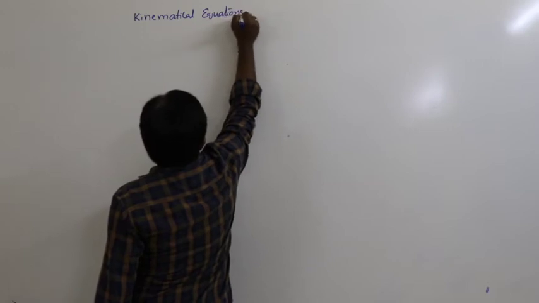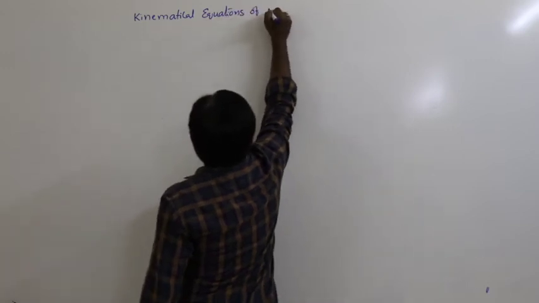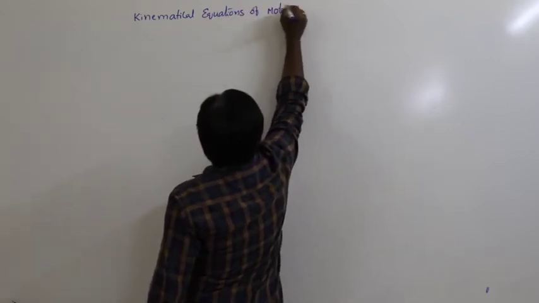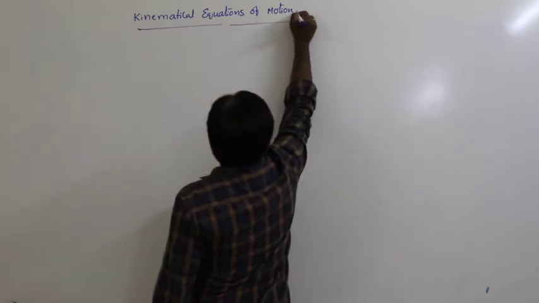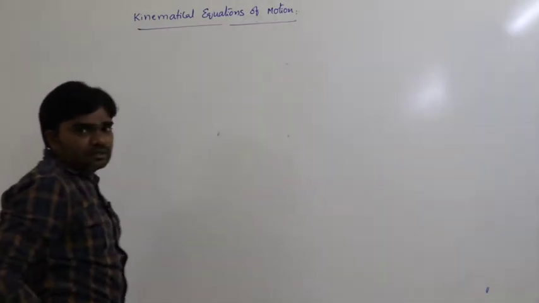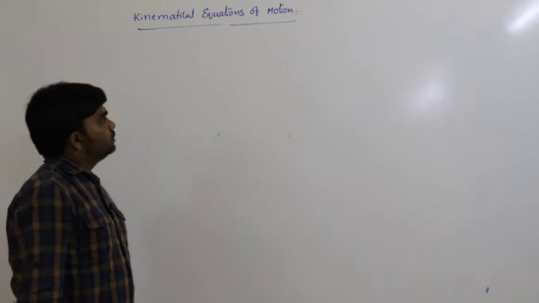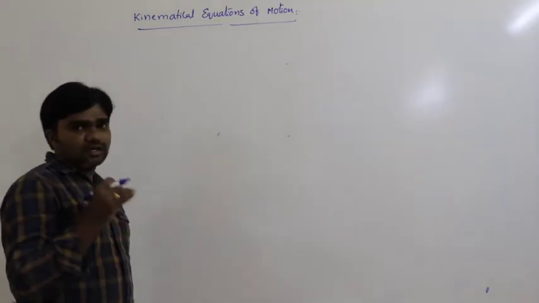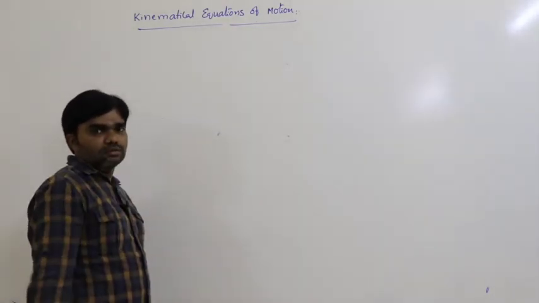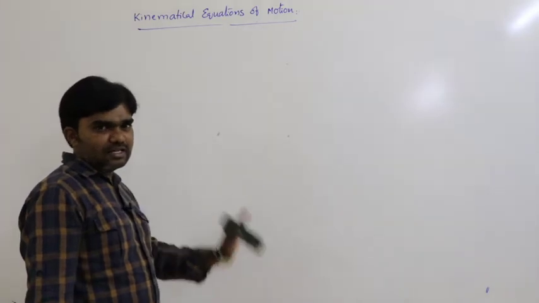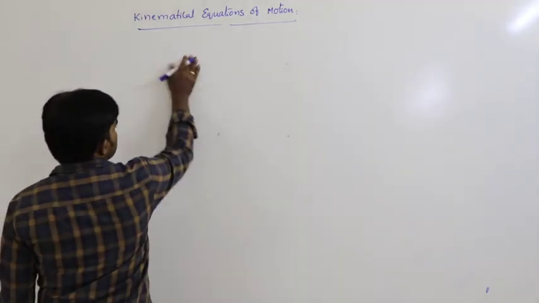Kinematical equations of motion. So 4 equations. These are the basic equations. These equations can be used throughout physics in the first year and second year. So first equation,